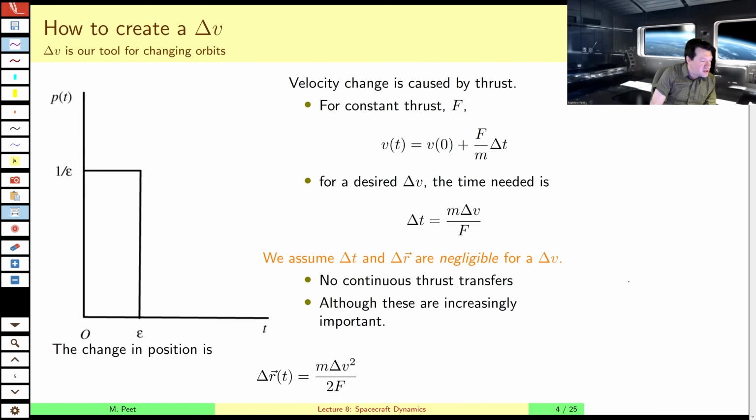So let's first talk a little bit about delta V. We'll talk about delta V in more depth when we talk about rocketry, I believe in lecture 11 or something like that. For more details, see lecture 11. Okay. So again, we assume that these are impulsive orbital maneuvers, so that we have almost an unlimited supply of